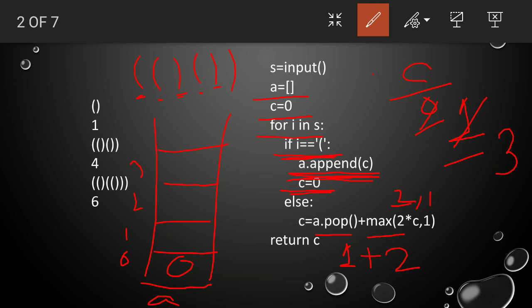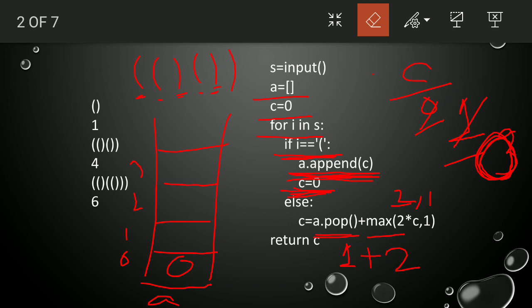Oh, I think I missed something. It should not be 3 here, because again a close bracket will be here. I missed out some C equals 0 here, I think, because again there will be a 0 and 1. So 1 only will be there. 1 plus 1 should be 2 here. In the previous case, when I appended the value of C, that is 1, I appended, but I forgot to make it 0 here. If I make it 0 here, then comes the close bracket. So close bracket, so pop, 1 will be popped out.